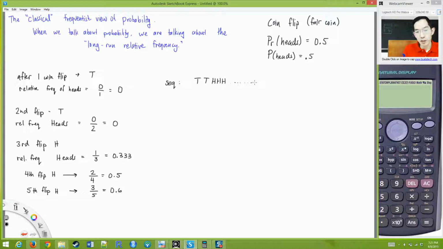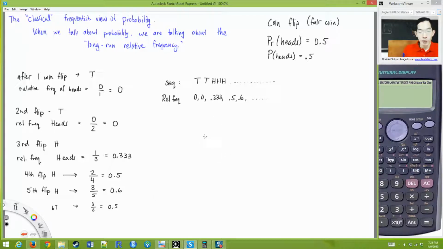And we can just continue this sequence on, so on and so forth. You know, we see more heads, more tails. We just continue flipping the coin repeatedly over and over and over again, and we keep track of the relative frequency, okay? And so it starts off 0, then it goes to 0.333, then 0.5, then 0.6, and it's going to keep changing. If the sixth flip is tails, then it becomes 3 out of 6, and my relative frequency is back down to 0.5, etc., etc., etc.